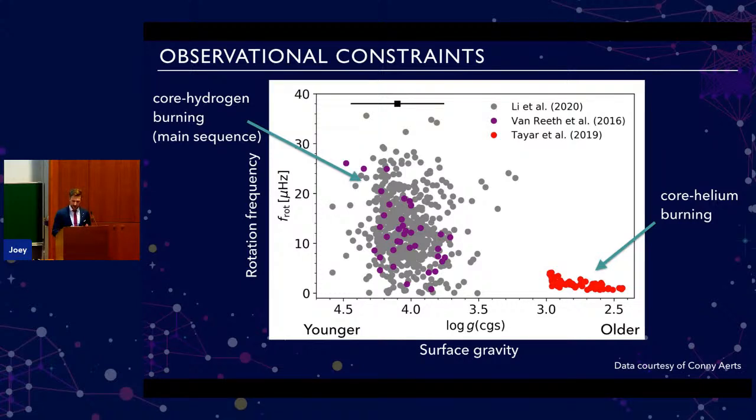So what we have here is the surface gravity as a proxy for the age of the star. But if you want to understand what already happens during the main sequence, so on the left side of the diagram, this surface gravity is not accurate enough to really see how this rotation evolves on the main sequence. I'm showing you the typical error bar that we get on the top of the plot, and this is quite large. So what we want to do is to do better and replace this surface gravity with an actual age of the star.